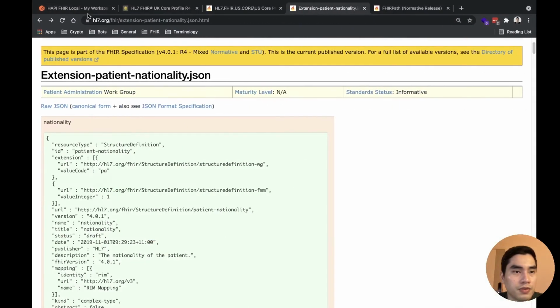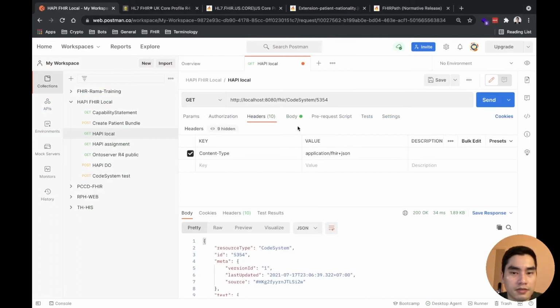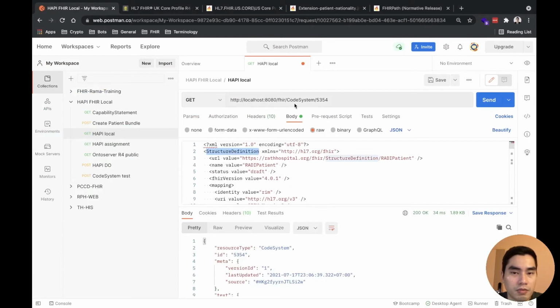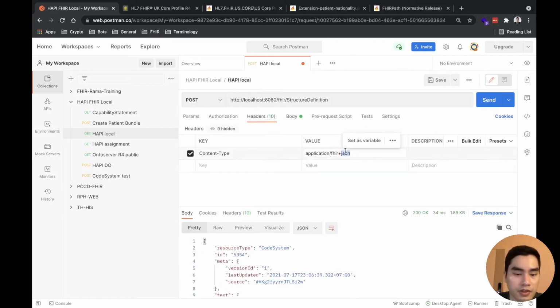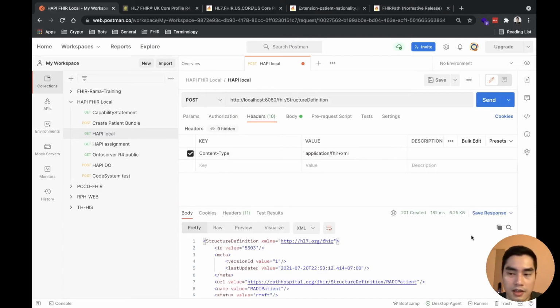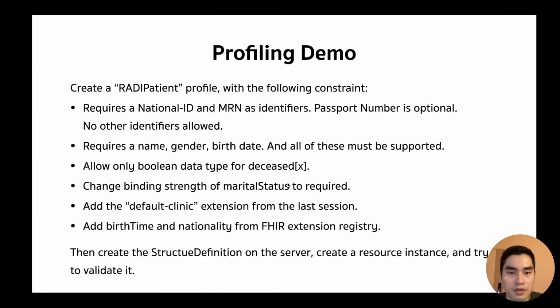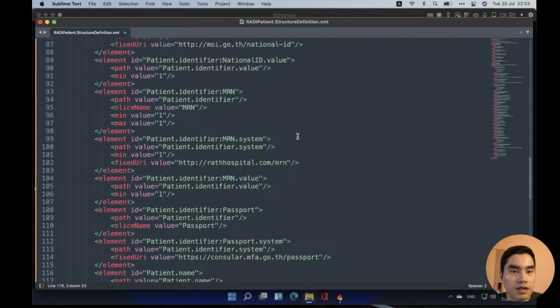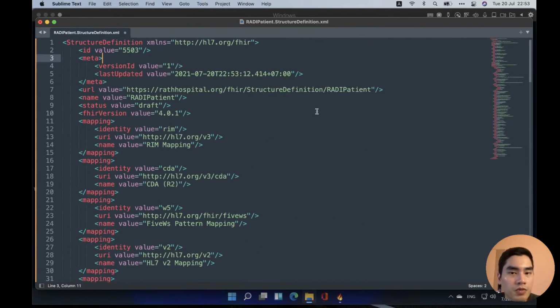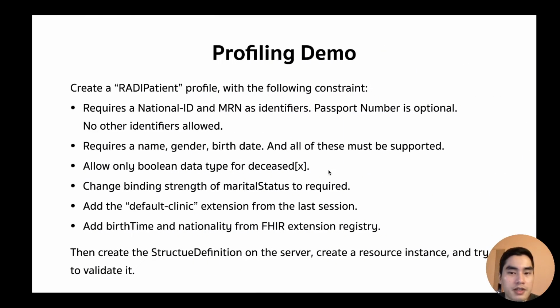I will send this to my HAPI FHIR like this. Post like other resources, and then don't forget to change it to XML, and send. Done. I will copy it in case I need it. So this is our profile for the patient.